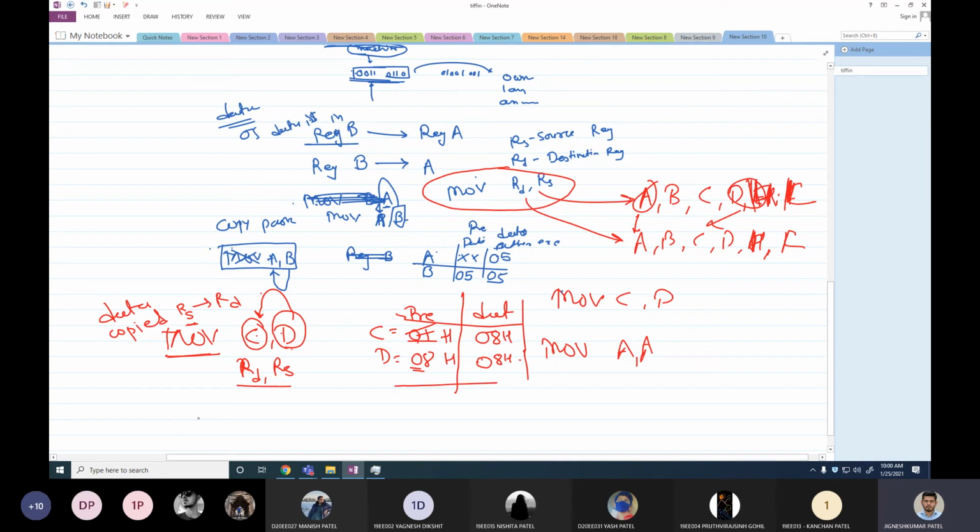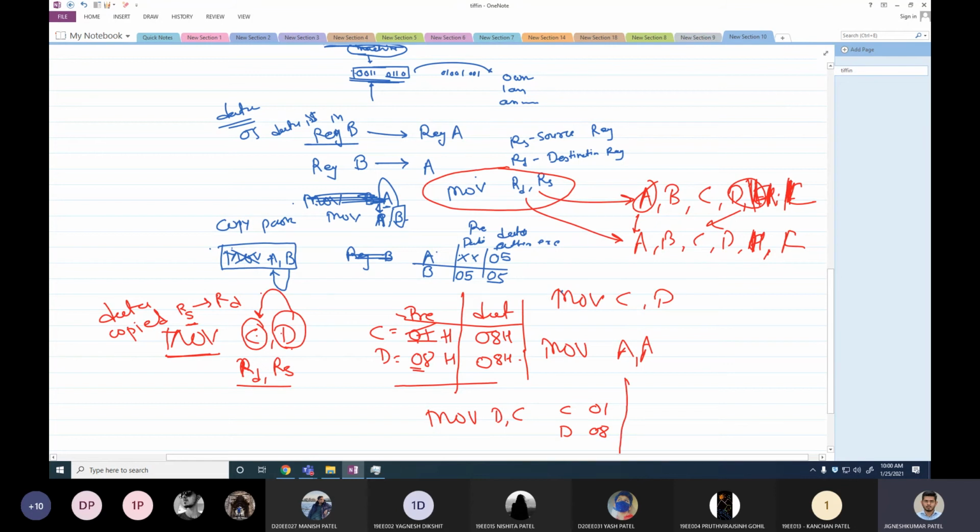Now instead of this, if I have the instruction move D comma C, and the same data was given, 01 in register C and 08 in register D, what would be the answer?